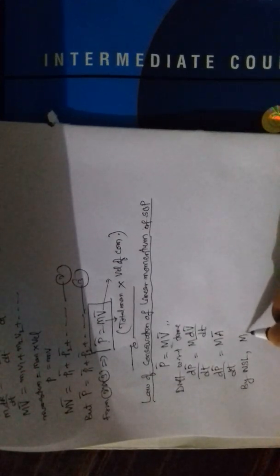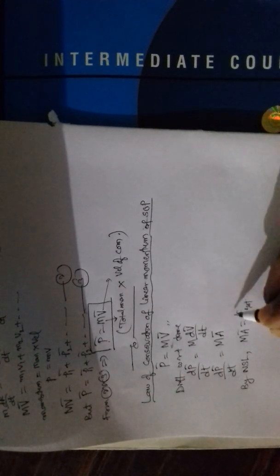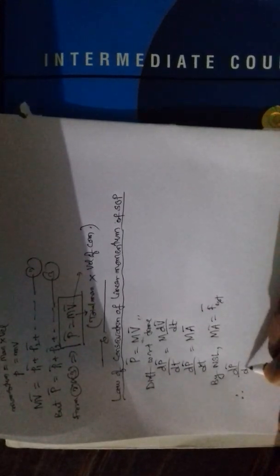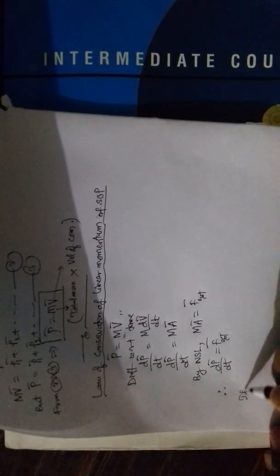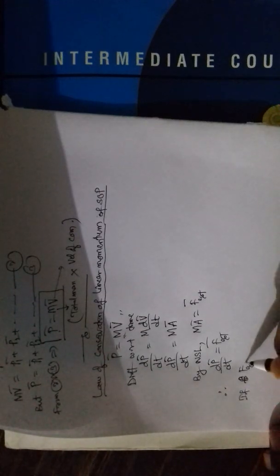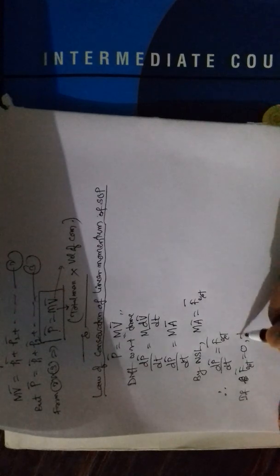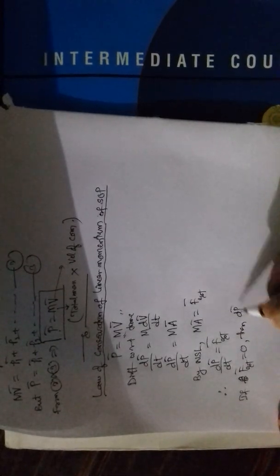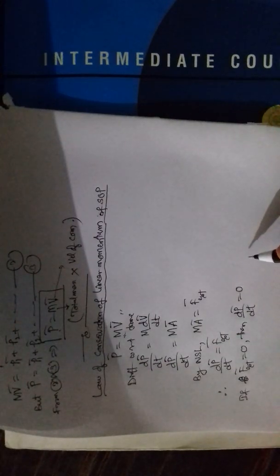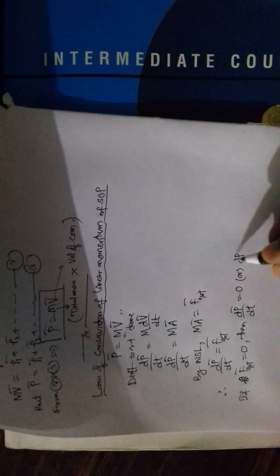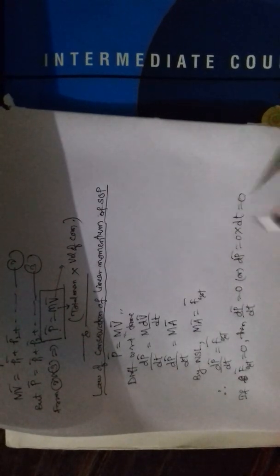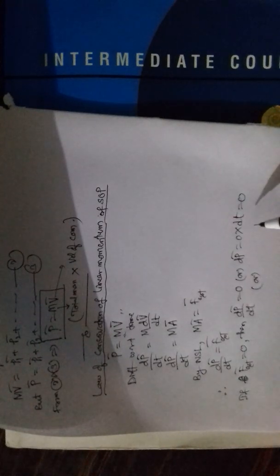But by Newton's second law, Ma is equal to external force acting on the system. Therefore, dP by dt is equal to, in place of this you can write F external. If F external is equal to 0, then dP by dt is equal to 0, or dP is equal to 0 into dt is equal to 0, or